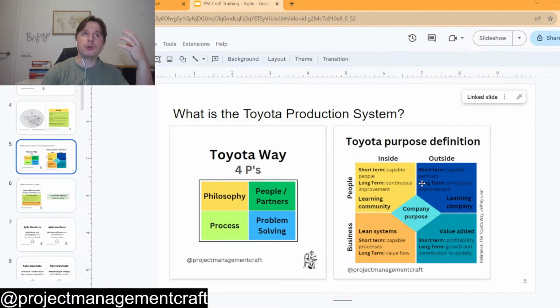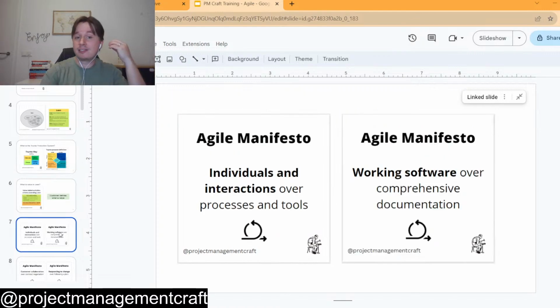Then the learning community is for problem solving, focusing on how you can grow, not blaming people for mistakes, empowering people, all those types of things. It's embedded in this Toyota purpose definition, this lean philosophy. So that's the first thing that you see in the Agile Manifesto. When they are talking about individuals and interactions, they are talking about empowering your team, making sure that your team